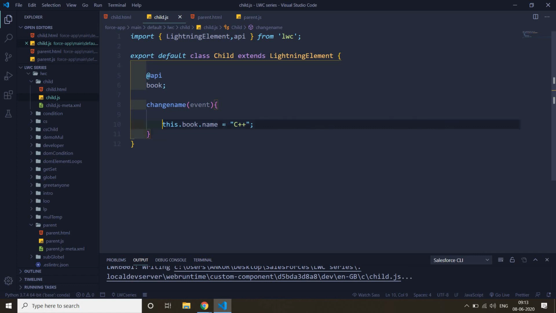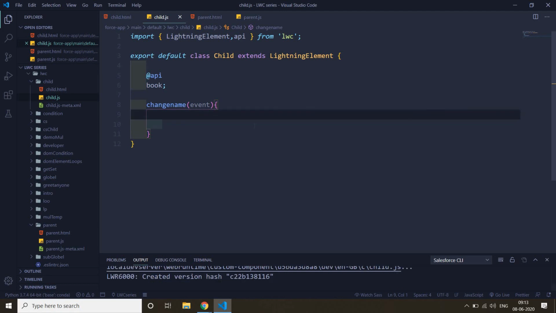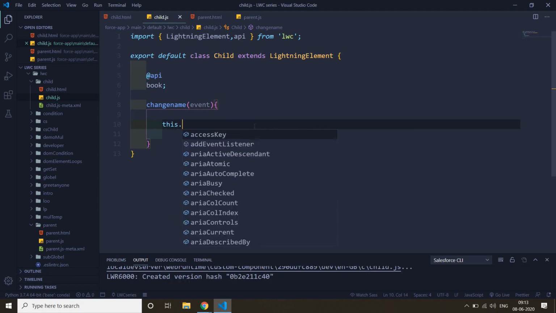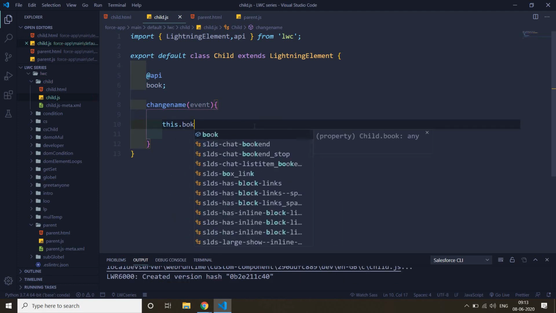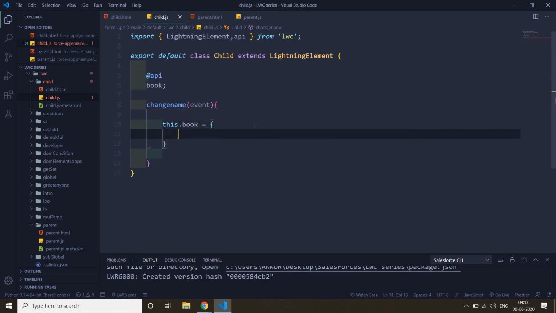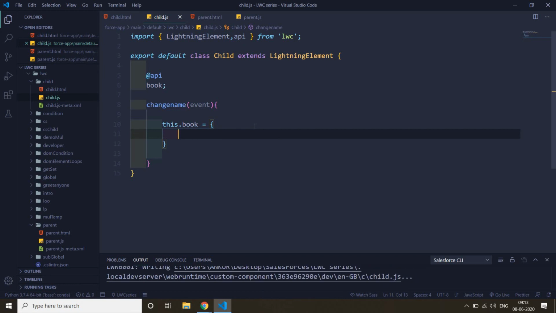So instead of changing the property, first of all we create one copy of that object. Let's say this dot book. Okay, so this is the copy of our book object.